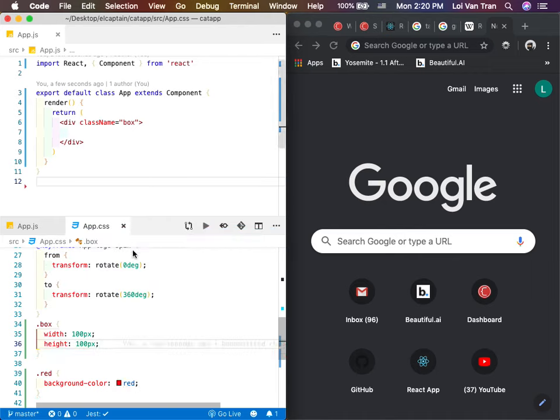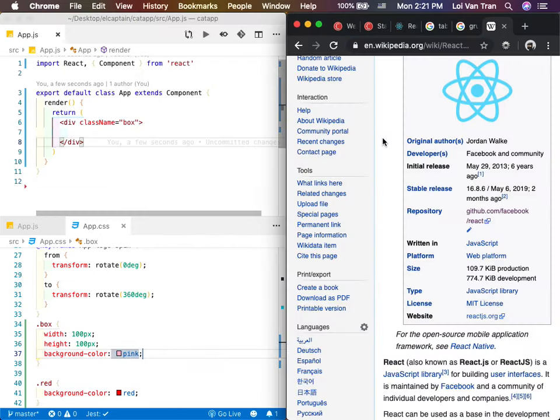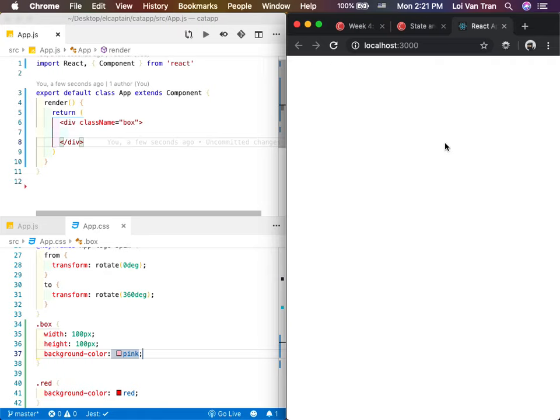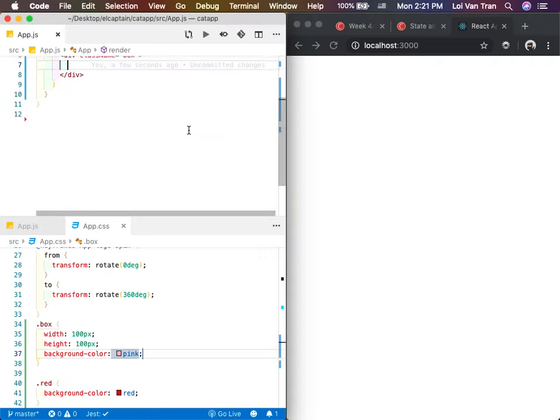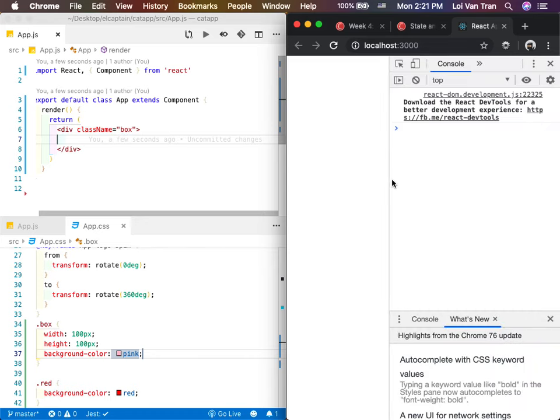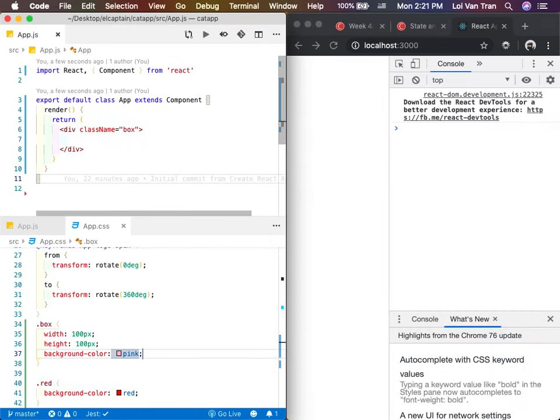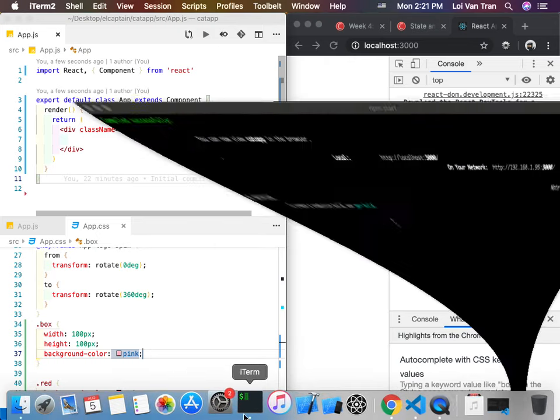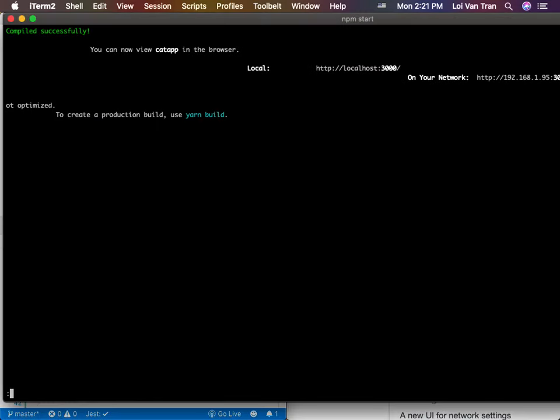We're gonna save it. Give it a background color of pink, just to prove that this works, okay? Pink. I'm gonna save it. We'll look back over at our box. Oh, my bad, do we have an error? Gotta restart my server maybe? Sometimes you guys may need to restart your servers, okay? If you guys do a lot of changes,